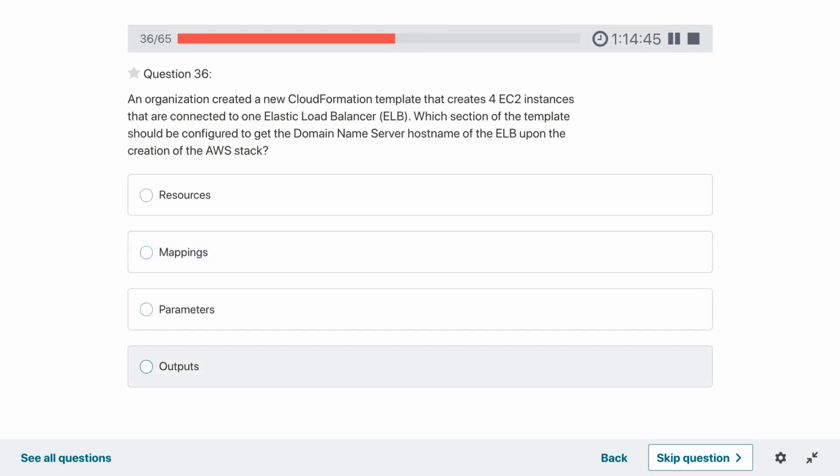Outputs. So whenever something happens, and you need the name or ID, that should come in the output section.